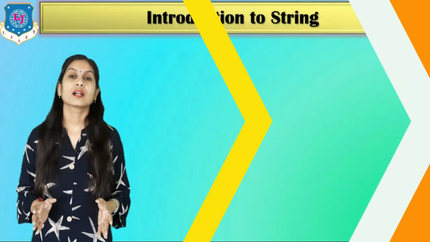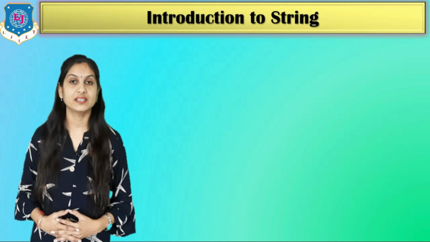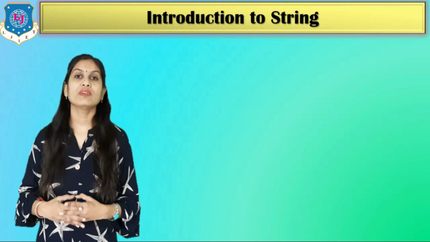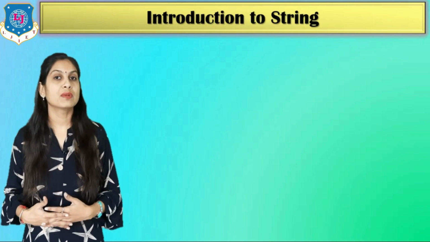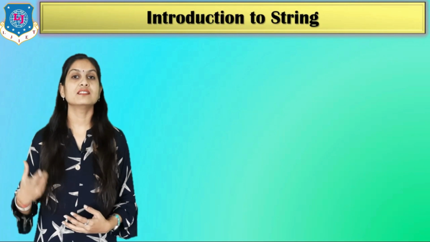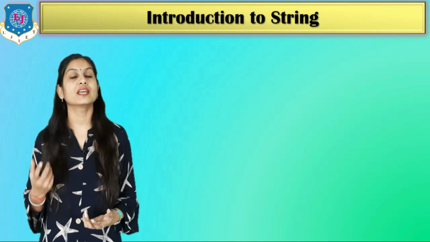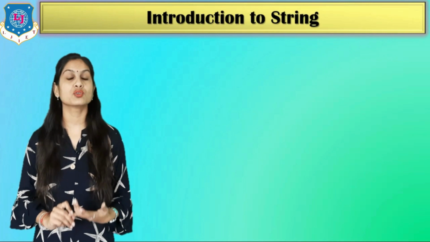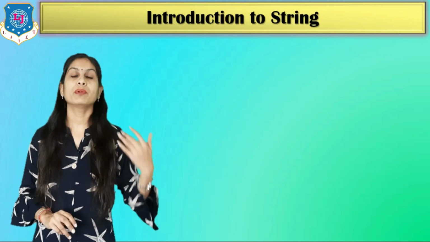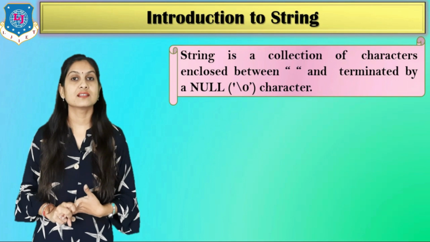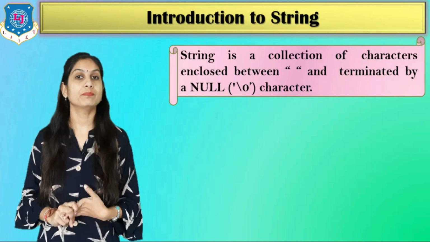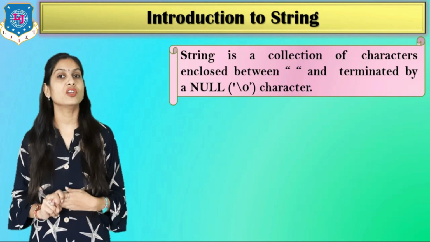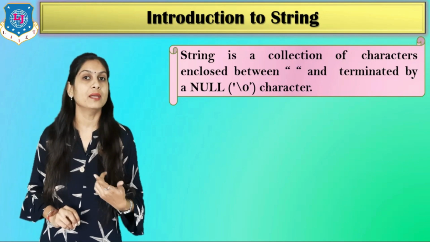The string is already discussed in our C token theory, and that is nothing but the collection of characters. So we can say that a string is nothing but a character array, because an array consists of multiple values and here our string consists of multiple values, but it stores only character values. In our previous lectures we discussed arrays of type integer, but when you are using a string, your array must be of type character.